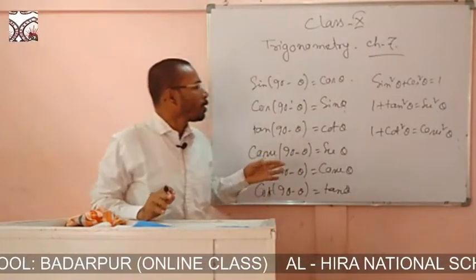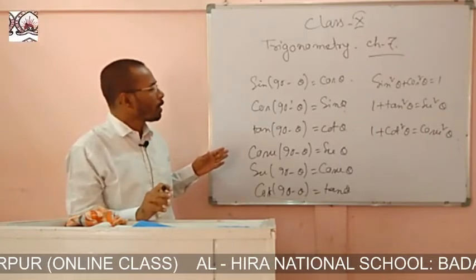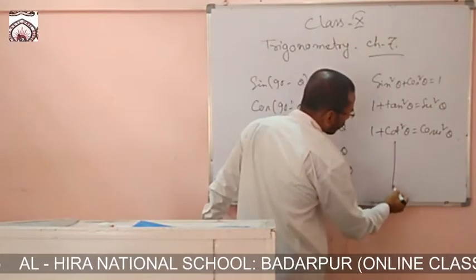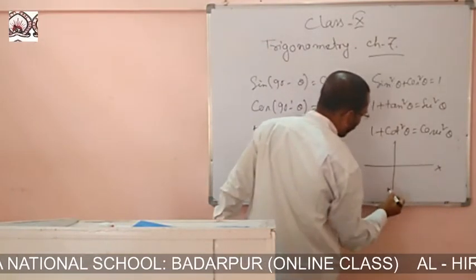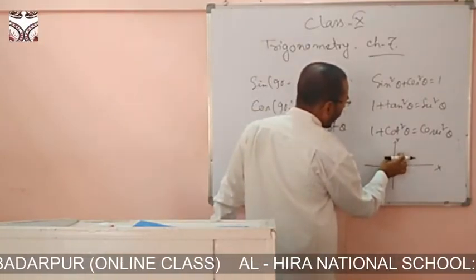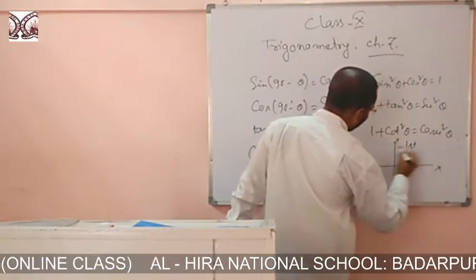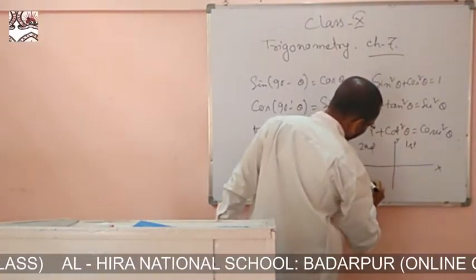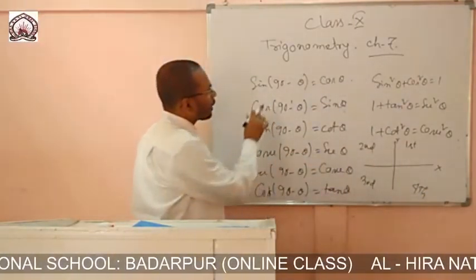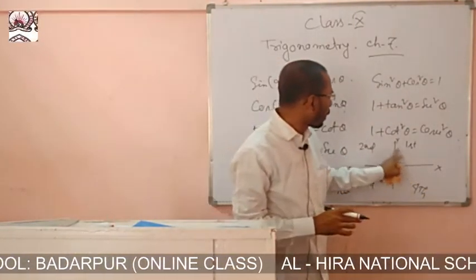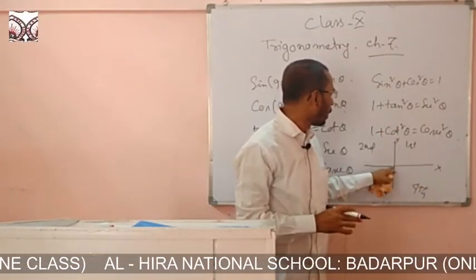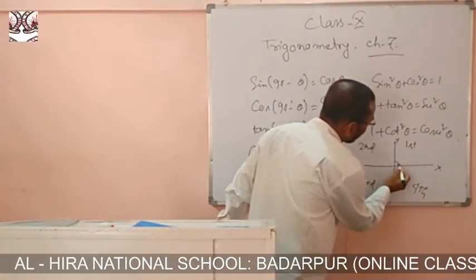Now in plane geometry, what if we take Cartesian coordinates, suppose this one is the x axis and this one is the y axis. Here we find this is the first quadrant, this one is the second quadrant, this one is the third quadrant, and this one is the fourth quadrant. So basically acute angle means in this quadrant, this line and this line cut perpendicularly, so this angle is 90 degree.